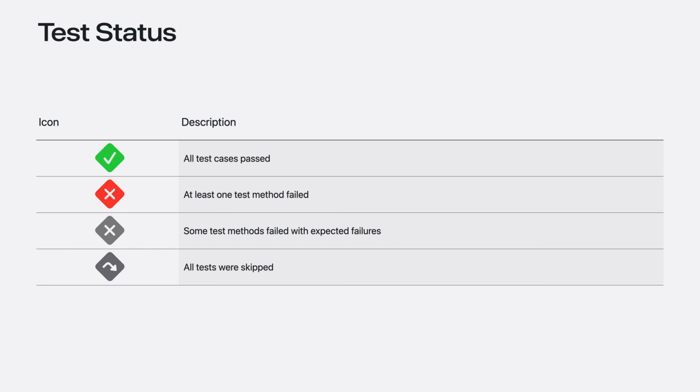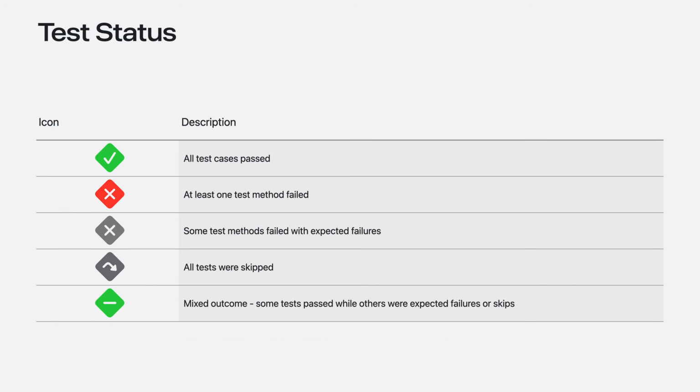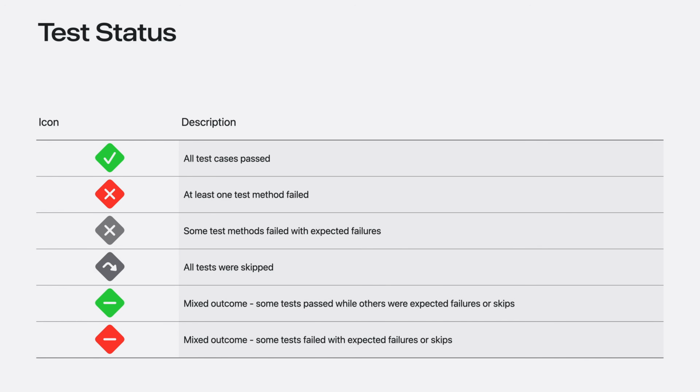Sometimes you've introduced a regression, you're just going to have to live with it for a bit even though your project manager like me tells you not to. You can mark these tests as skipped. They'll be represented as a gray icon with an arrow. For tests that live in suites, you'll see icons for the aggregate status when there are mixed outcomes. And when you're ready to get everything back to green, just use the navigator filters for these statuses to focus on the right tests, use the debugging techniques we discussed earlier, and get everything ready to ship.